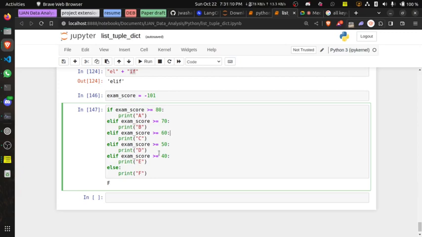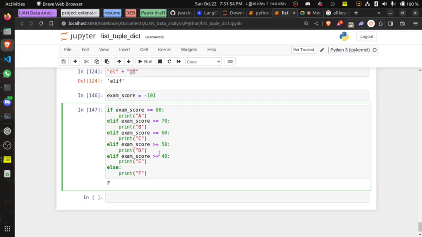I think the way you wanted to do it before, do it in a range, like if exam_score greater than or equal to 80 and less than, is it less than or equal to 100? Yeah, actually, that's it. It has to be less than or equals to 100 if you want to include 100, and if you don't want to include 100, you just use less than 100. Okay, I think that's it.